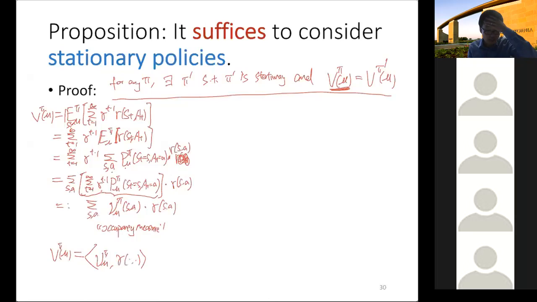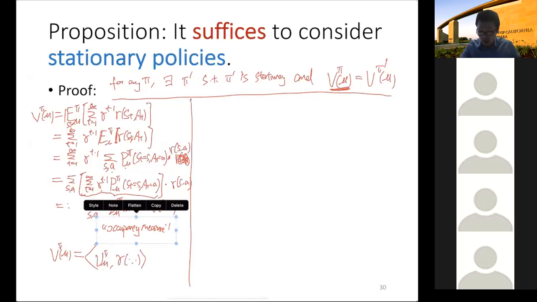So that's the first component that we want to have, which defines the so-called occupancy measure. Now we'll construct what this pi prime is. Let's fix any pi. We can construct pi prime such that